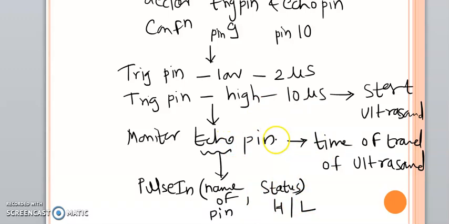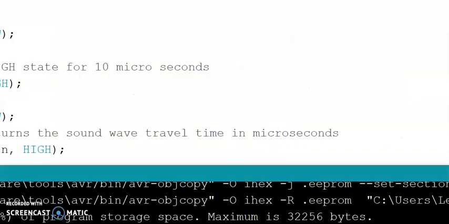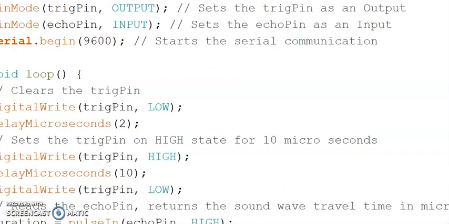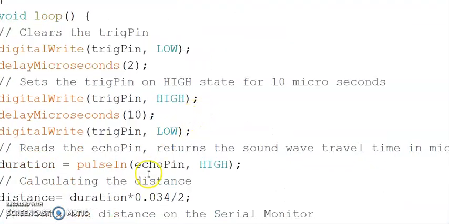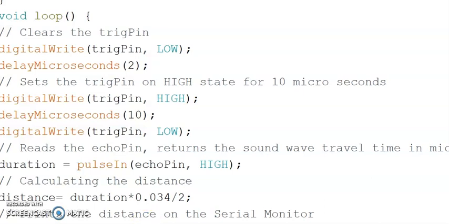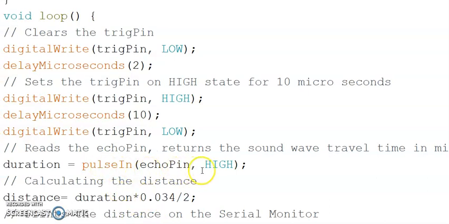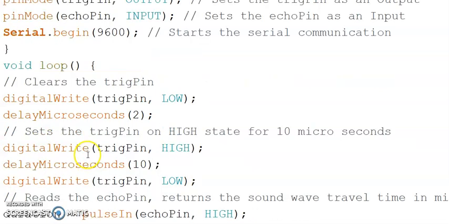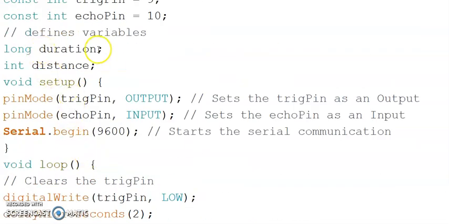In Arduino IDE, the statement is written as pulseIn(echoPin, HIGH), and the value is going to be stored in a variable that we have already declared, that is duration.